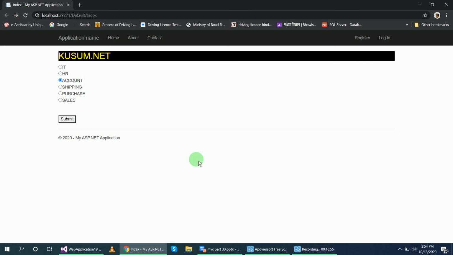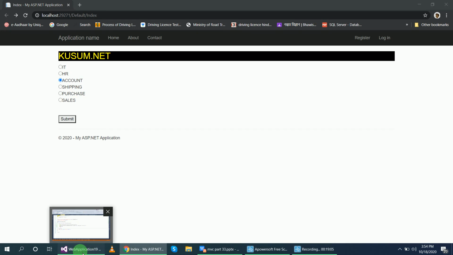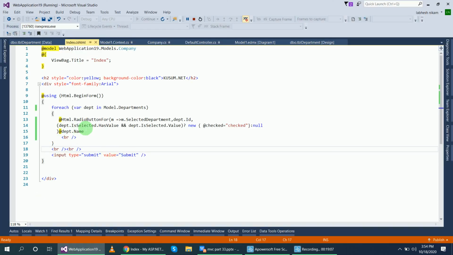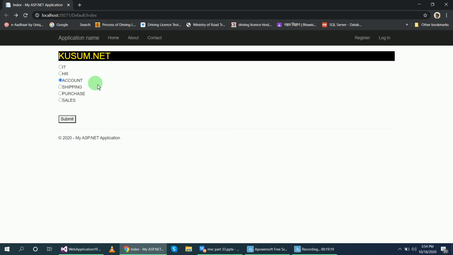You can see here now the department is already auto selected. I have not selected any department. Why is this department auto selected? Because I have added these values: department dot IsSelected has value and IsSelected value, then equal to checked, otherwise null. So this account is selected and this is on the third one.